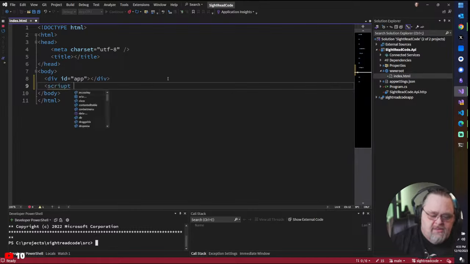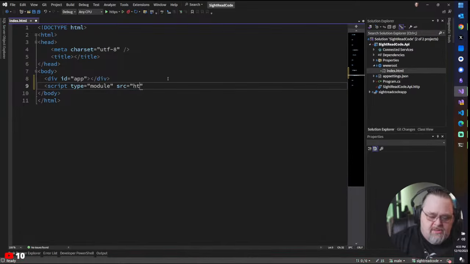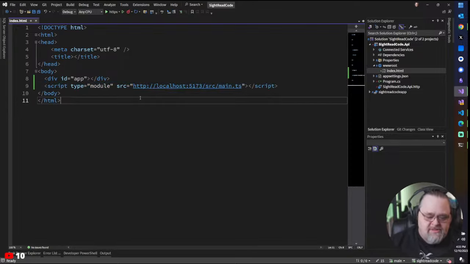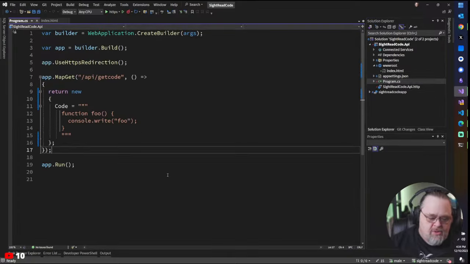And then I'm going to say script type equals module, because that's the kind that Vite works with. And I'm going to say the source is 173 source main.ts. Now, what I'm essentially doing is pointing this at our Vite server. But in order to make this work, of course, I need to also